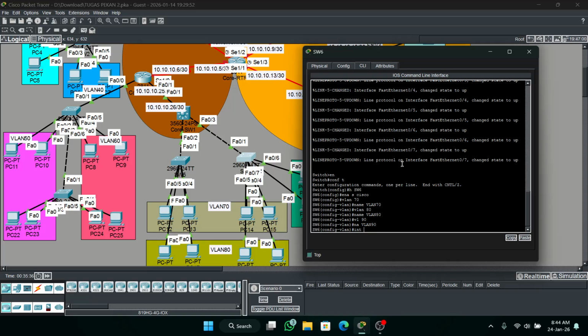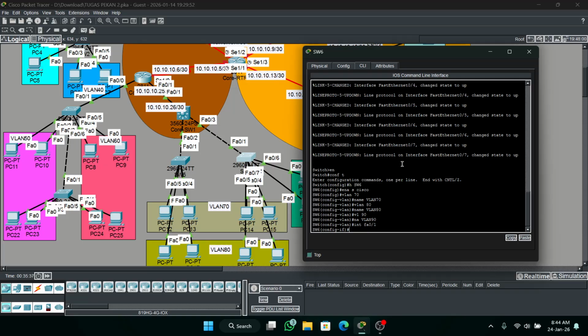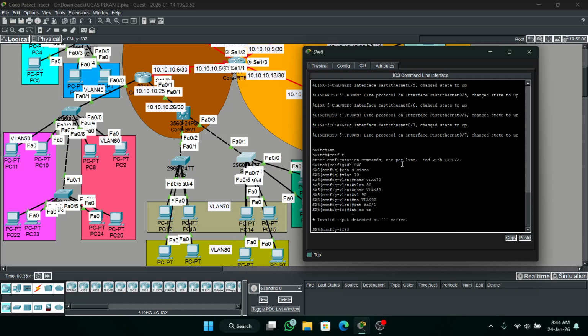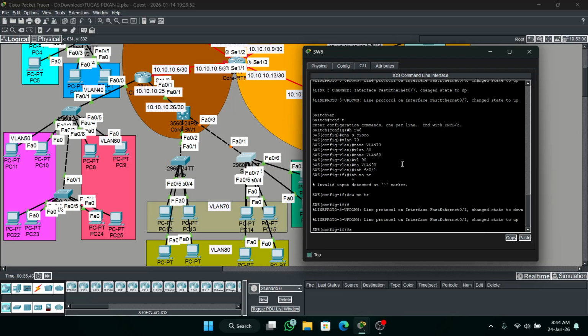go to interface Ethernet 0/1, switchport mode trunk, I mean switchport. Okay, switchport trunk allowed VLAN 70, 80 and 90.